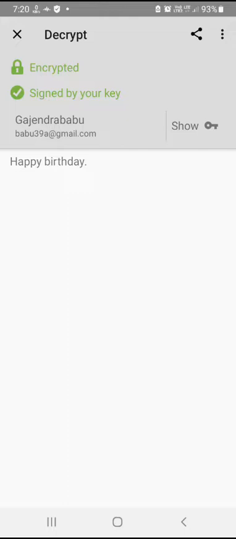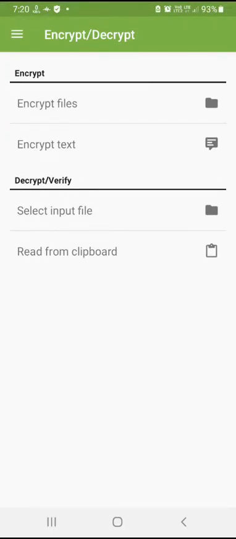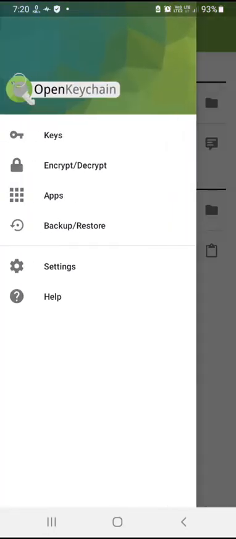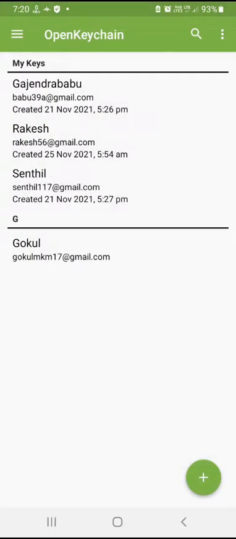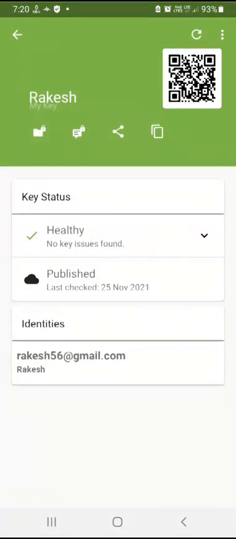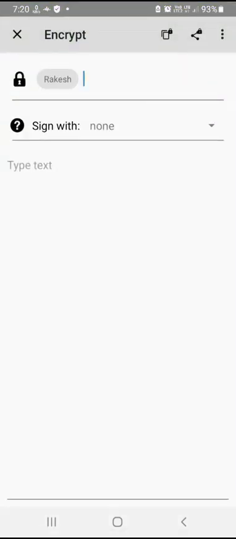Now for demonstration purposes, let me write another message, and I will show you the second method of how you can send a message. Let me go to the keys section and select Rakesh and then select the second icon from the left in order to write a new message to Rakesh.